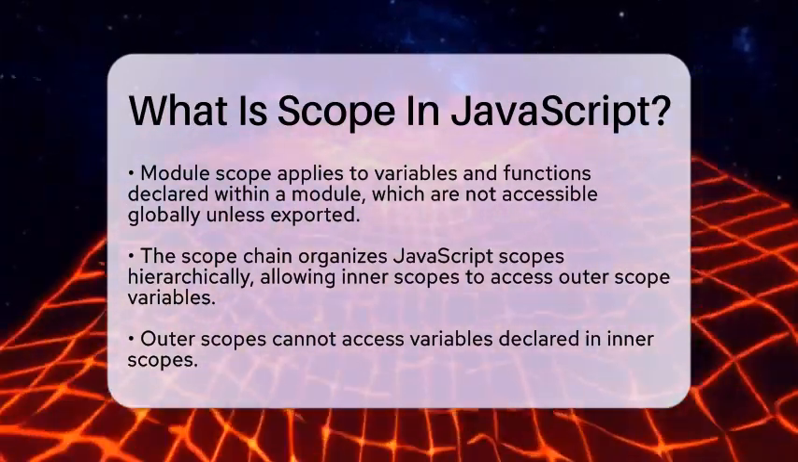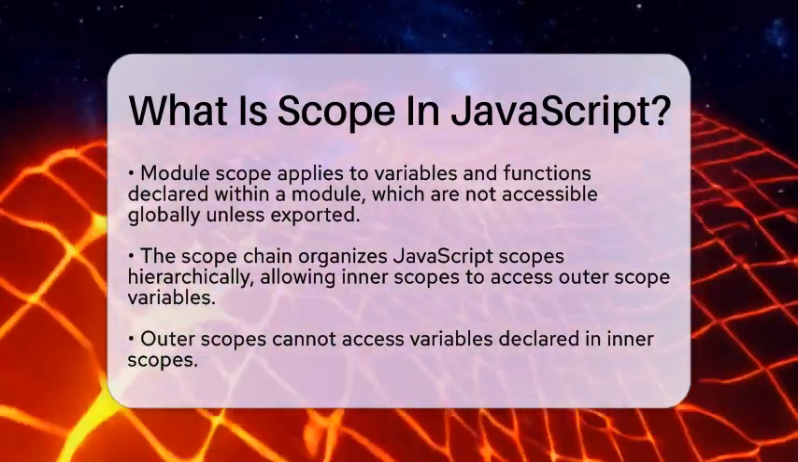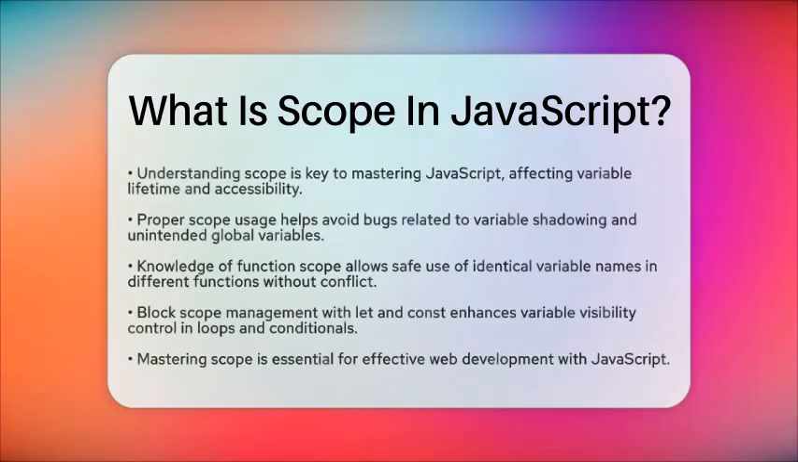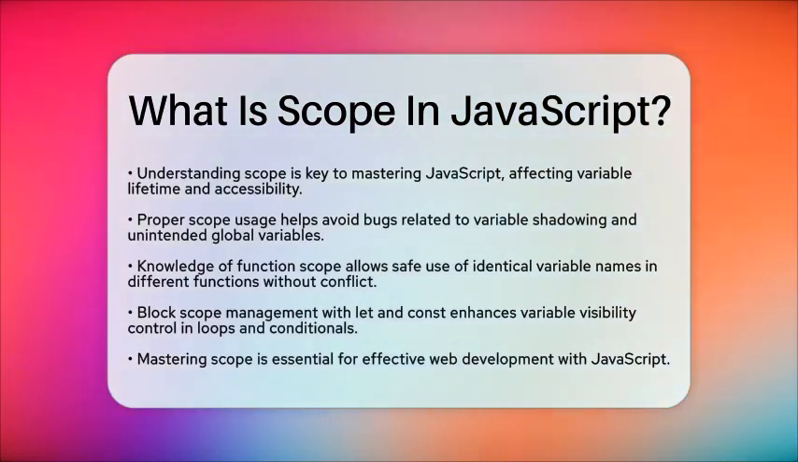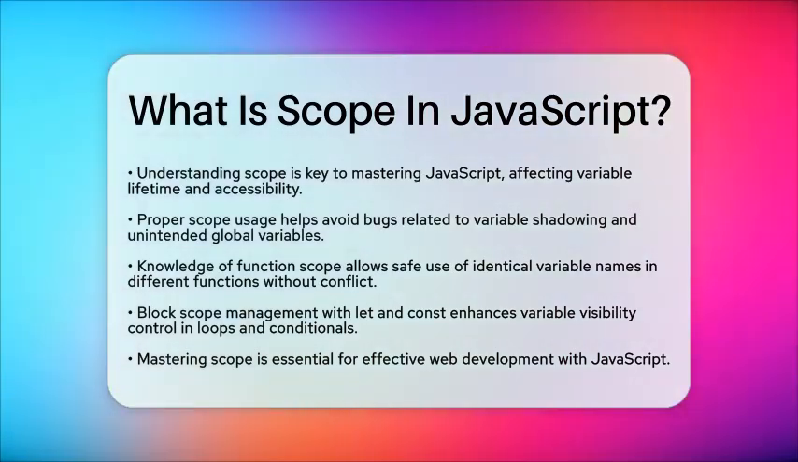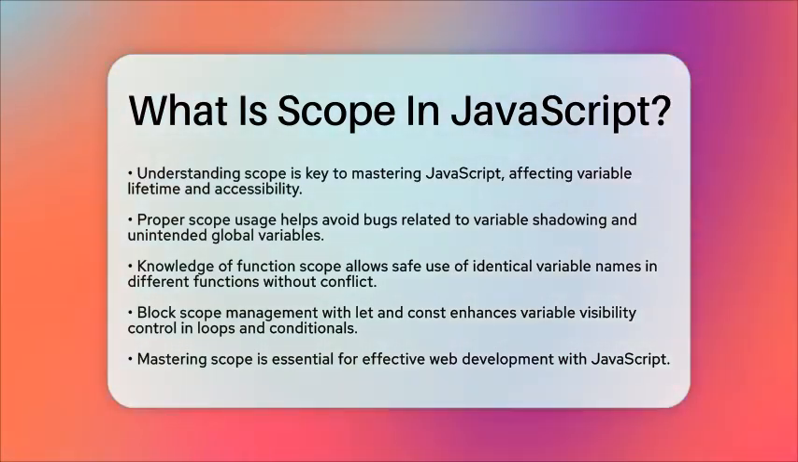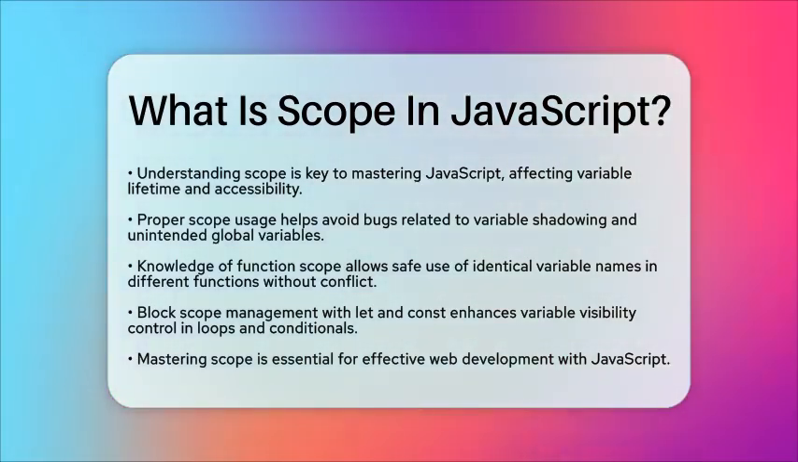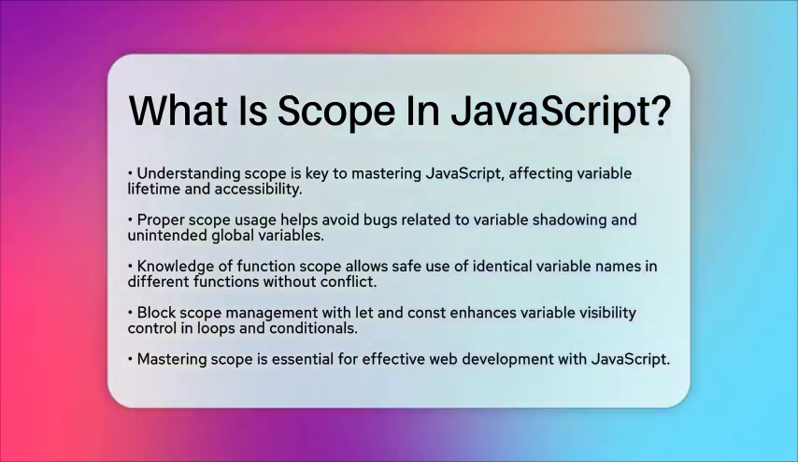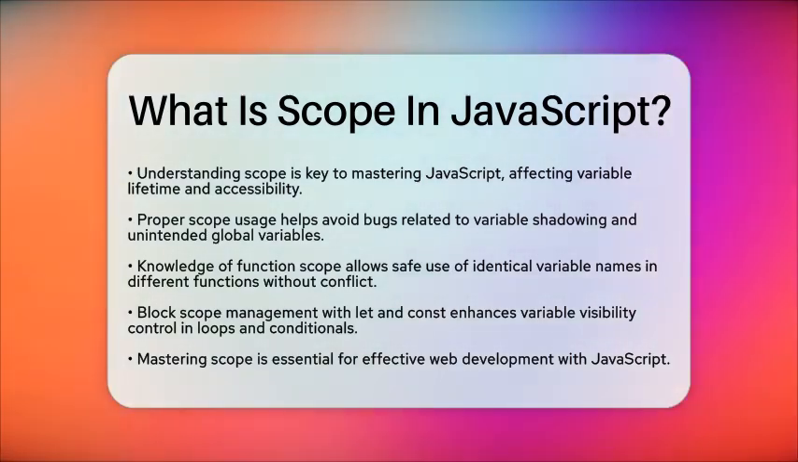Understanding scope is essential for mastering JavaScript because it affects variable lifetime and accessibility. It helps avoid bugs related to variable shadowing or unintended global variables. Proper use of scope enables you to write modular, maintainable, and predictable code. This is especially important when working with functions and asynchronous JavaScript, where closures often rely on scope chains to preserve